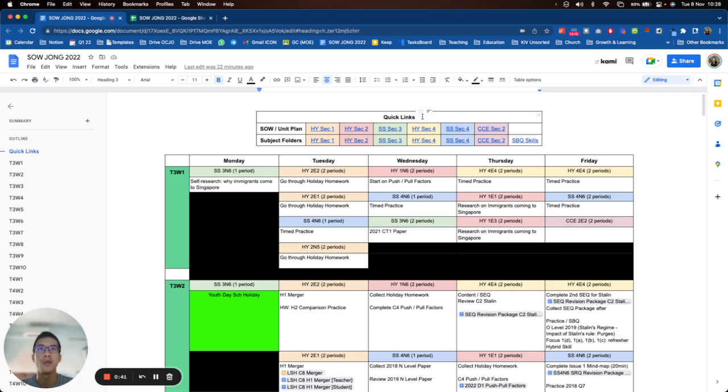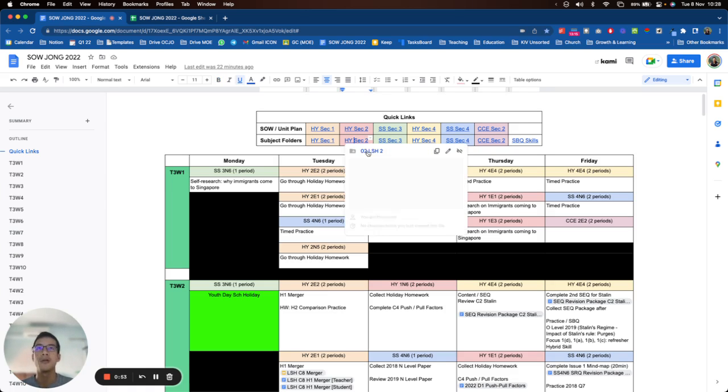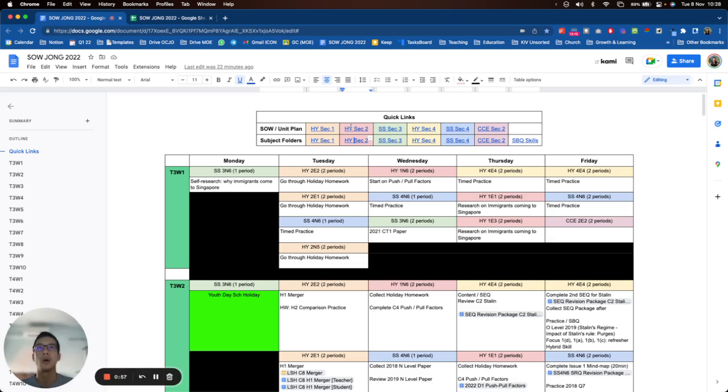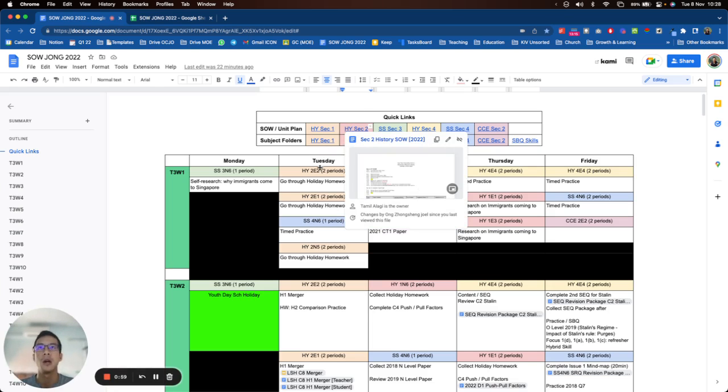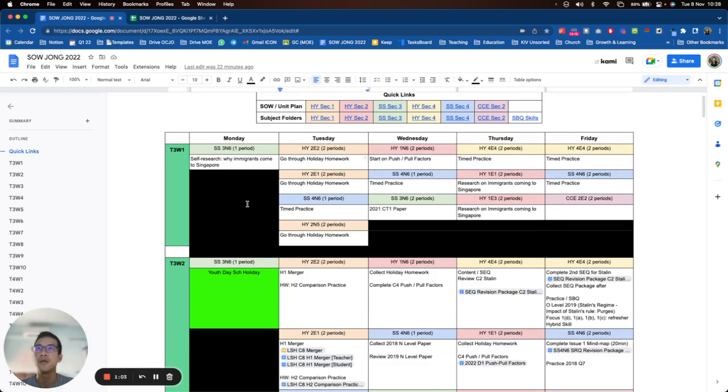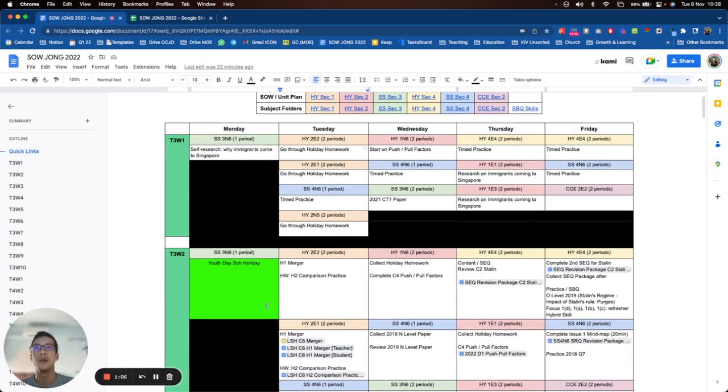At the top of the document, you have a quick links table, which if you click upon it, will direct you to the respective schemes of work or unit plans and also the subject folders. Now, this obviously works because my entire workflow and all of the files that I have are all located on the Google Drive itself. So accordingly, you can just embed a quick link and that allows you to access the files really very easily. And obviously, the mainstay of this will be the table itself, with the different columns indicating